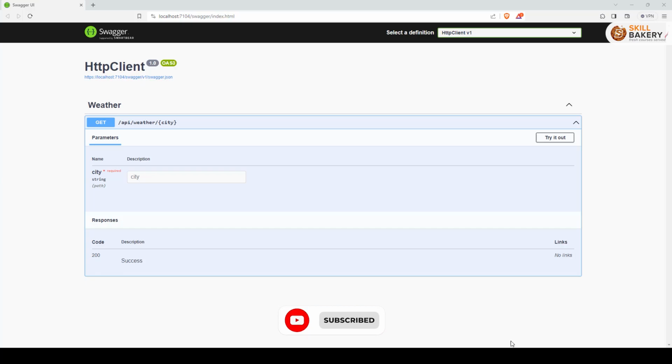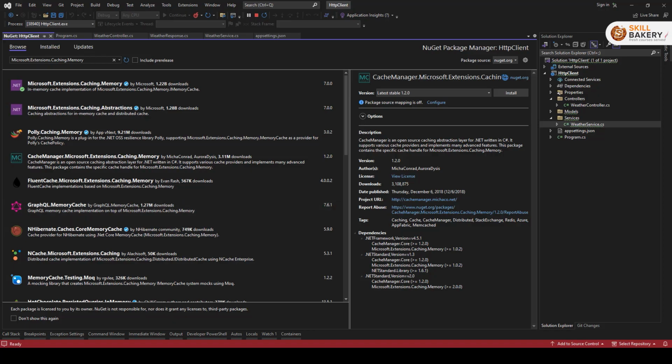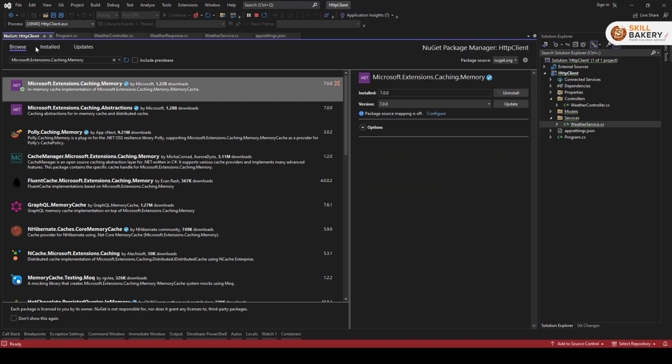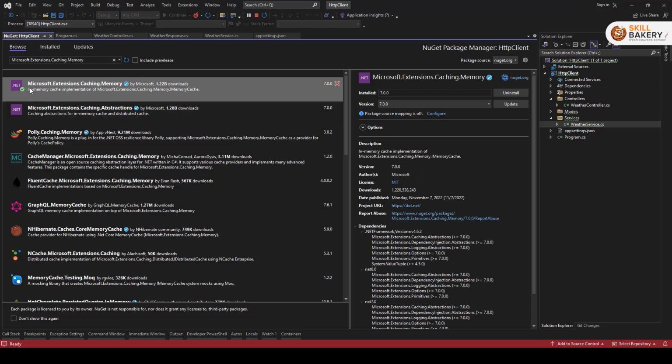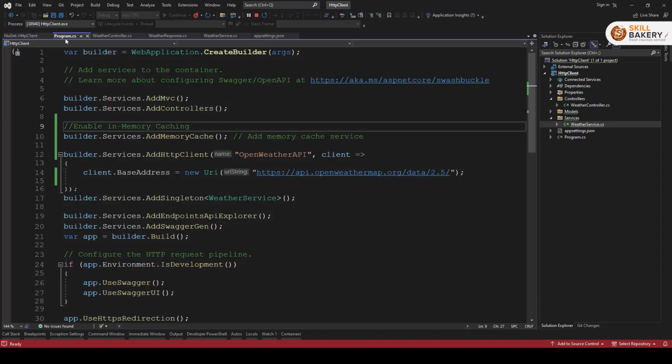So let's get started. The first thing that you need to do is set up caching in our ASP.NET Core application. We'll use the IMemoryCache for this demonstration. So go ahead and under Manage NuGet Packages, you need to install this package, Microsoft.Extensions.Caching.Memory. And once you have installed this, the next thing that you need to do is go to Program.cs and